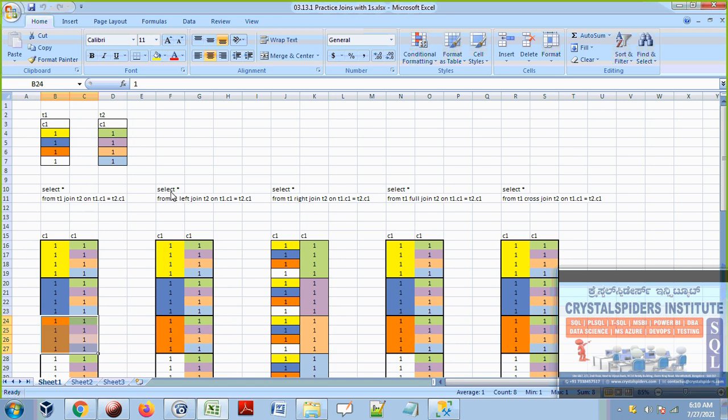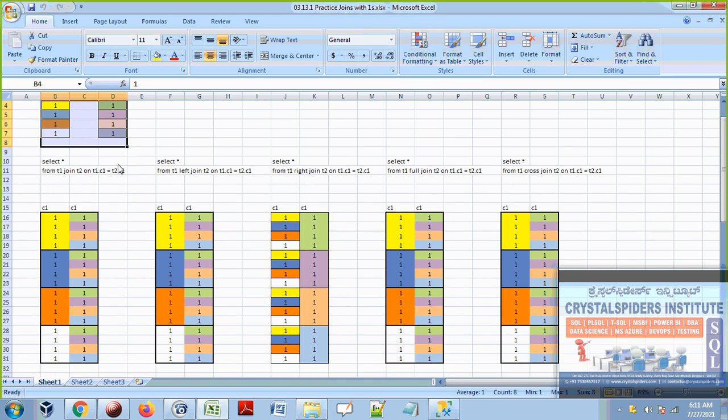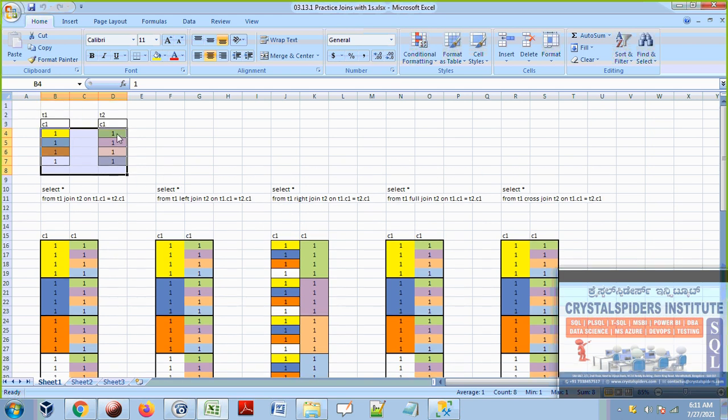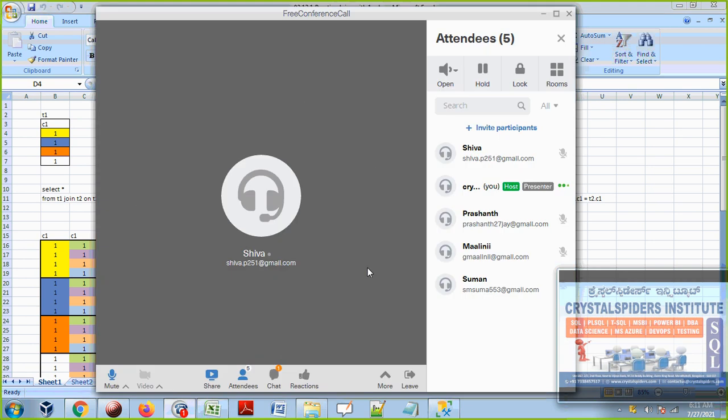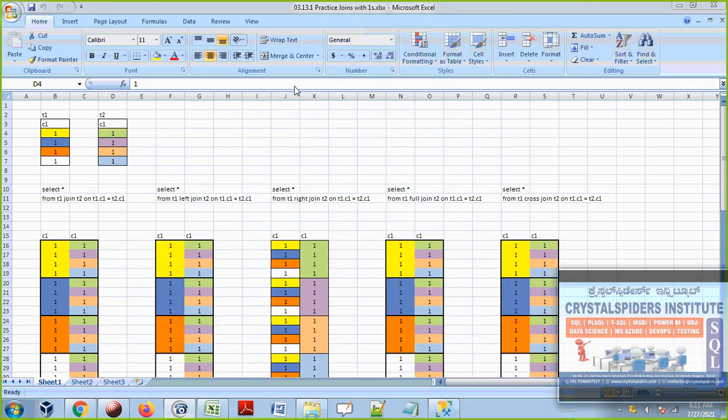And suppose if I am using a left join, what results will come? It will be the same results. If I use a right join, what results will come? Right join, guys, we already discussed. Right join means it will go to the right side table and take record by record and try to find the matches from the outer table. If any matches are there, then join those records. Right join will go to the right side table, that is T2. Go to the table T2 and then try to find the matches.